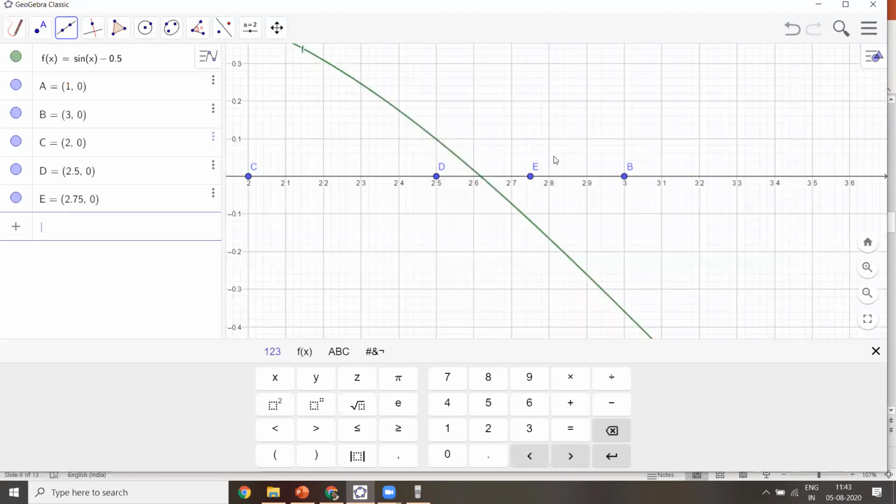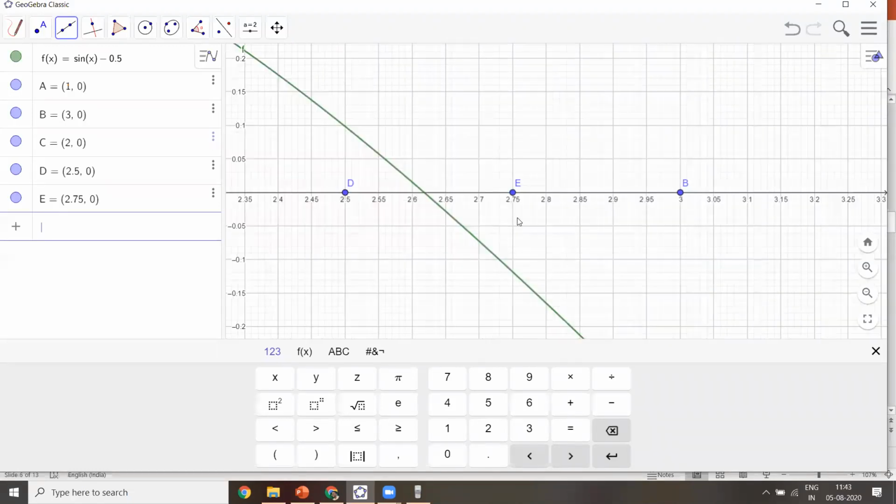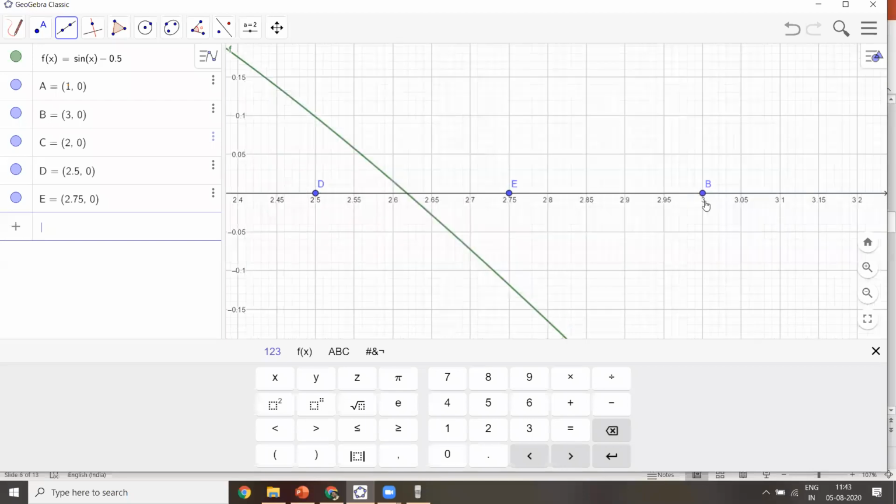Again I'll zoom in. What was the same range, first? Somewhere between D and B was your root. Okay, now your root might be in between EB or it might be between D and E. Due to this graph, I can say our root is between D and E. Okay, so my range for the next iteration becomes 2.5 and 2.75. So here I am going to find out the midpoint of that, and we will treat that as my root.